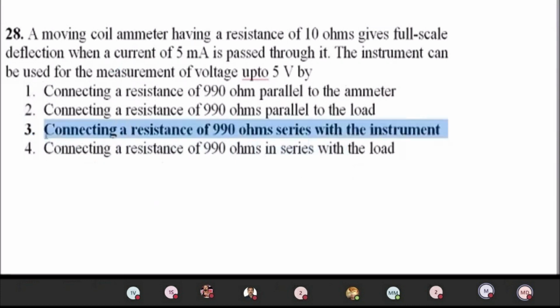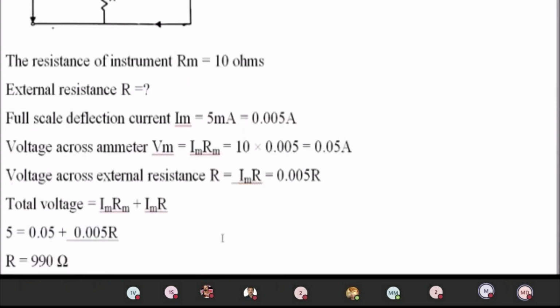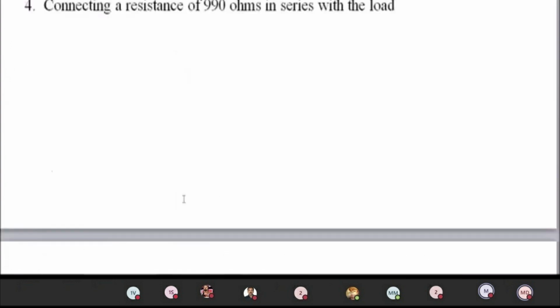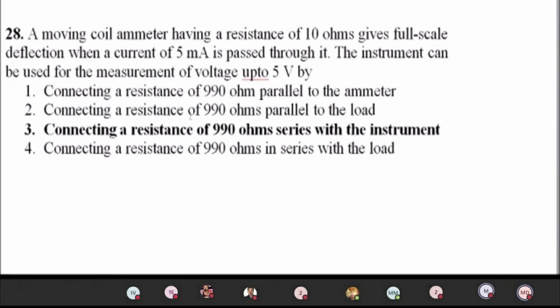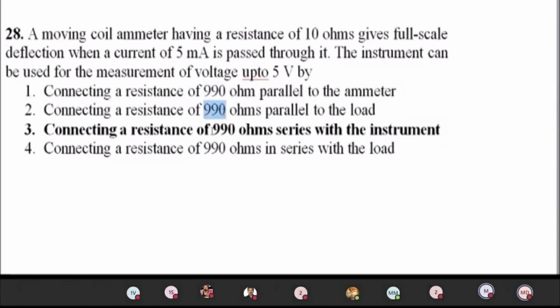So it has been highlighted here. Like this, examples will save our time. We need not do the calculations, no formula is needed. So if you receive questions like this, the first thing is we have to check the choices. If all the values are the same, here all the ohm values are the same, so we can avoid the calculation part and directly find the answer.